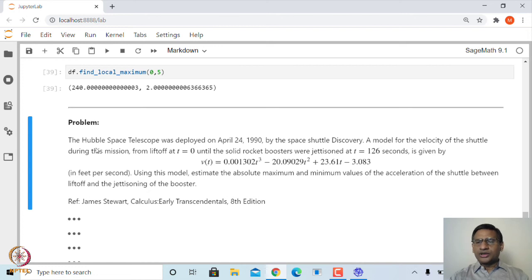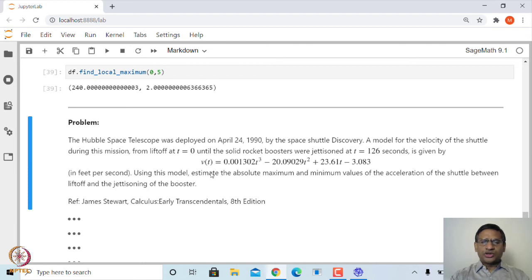A model for the velocity of the shuttle during this mission, from lift off at t equal to 0 until the solid rocket boosters were jettisoned at time 126 seconds, is given by this particular equation, in feet per second, the